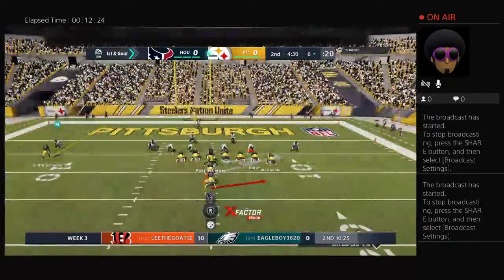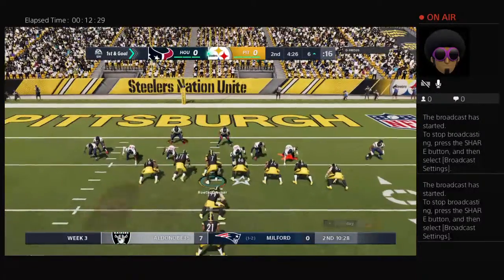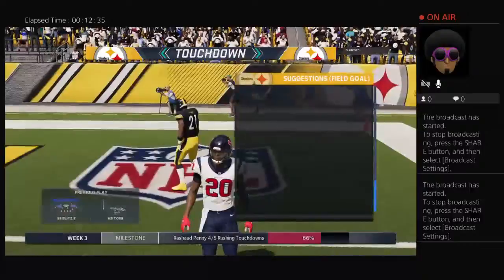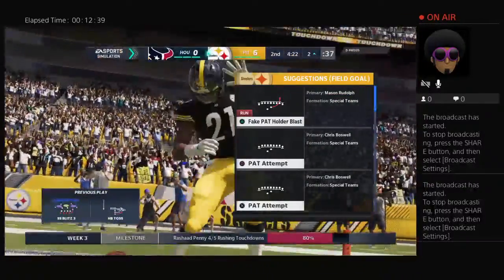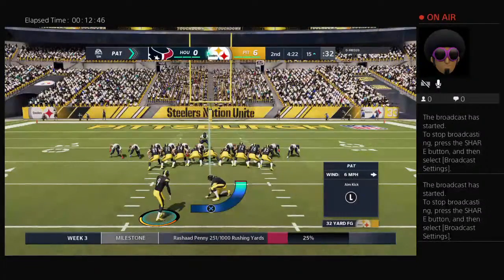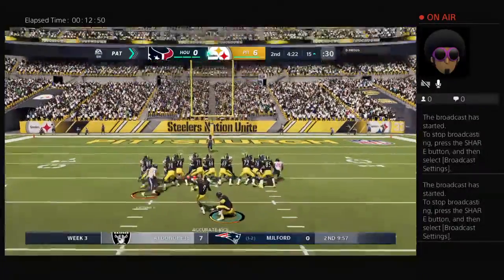The Steelers were last in the NFL in red zone touchdown percentage a season ago, down around 35%. It's 1st and goal. And he's in. Touchdown, Steelers. Rashad Penny, his 4th touchdown on the year, as his guys are first onto the scoreboard here this afternoon. A solid blocking up front from the guys on the offensive line allowed him to get in for the